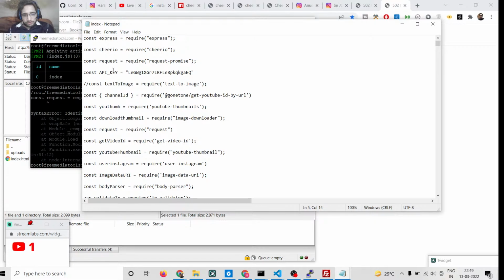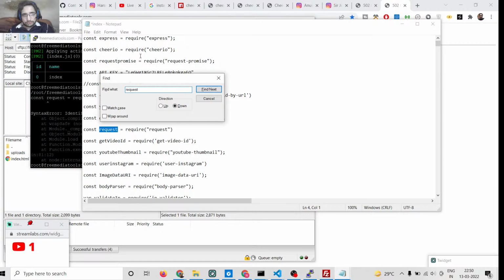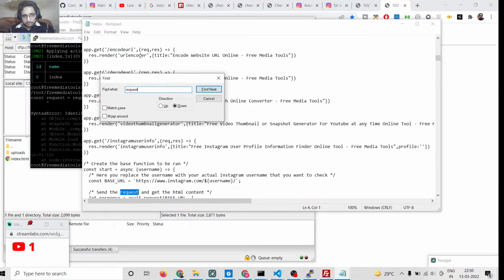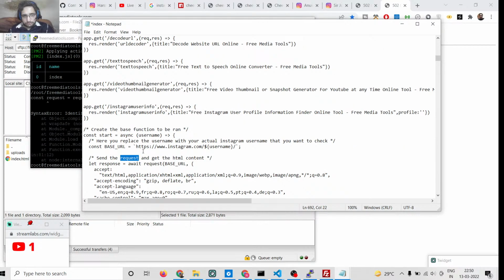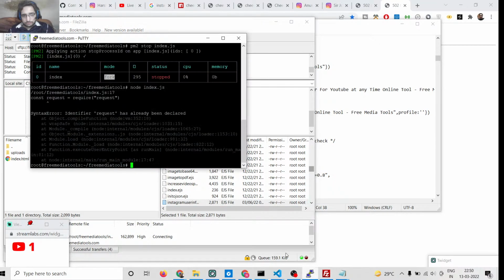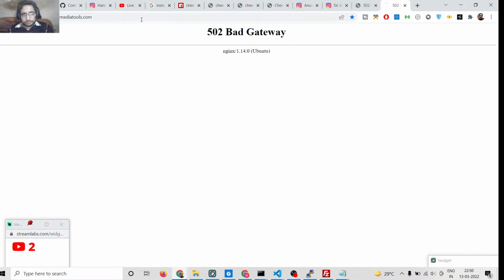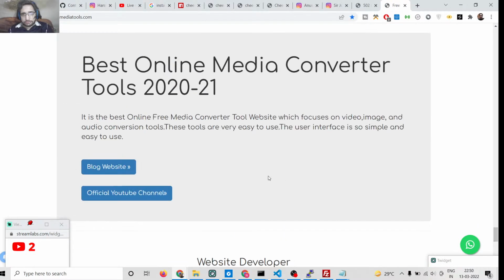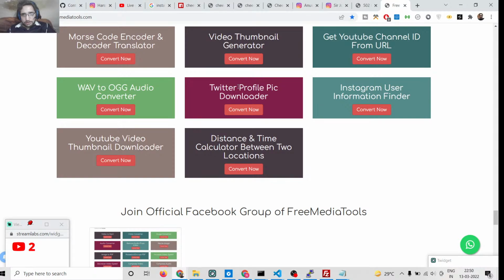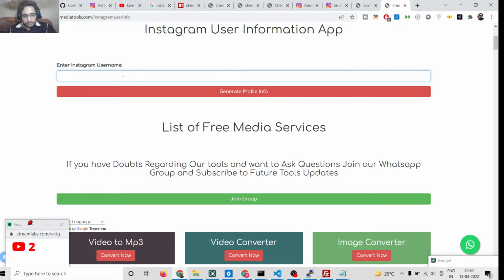So let me make it request promise. So if I reload the application, and if I go to the service here and type the username,